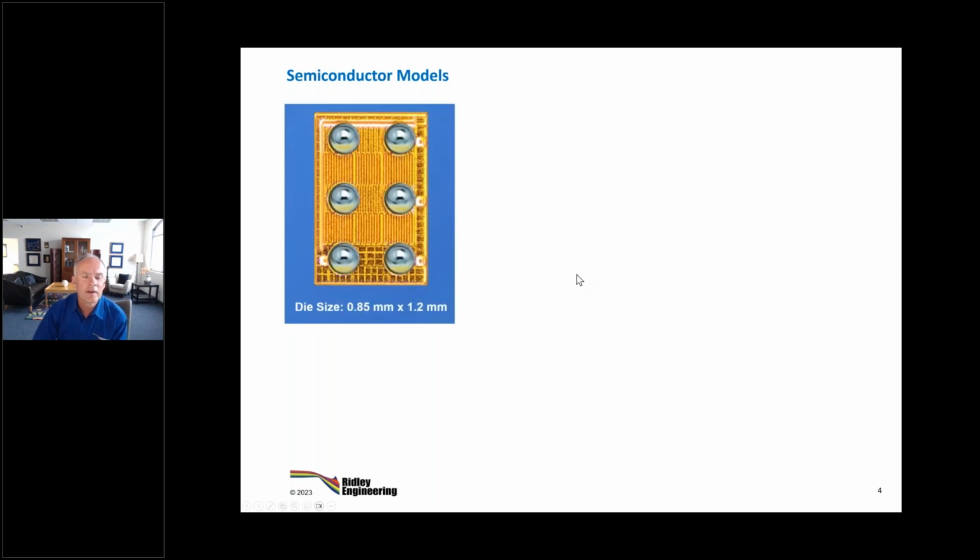So let's start here. Let's talk about semiconductor models. This is a part from EPC. This is a GaN part. Really, really tiny, 0.8 millimeters by 1 millimeter, so it's an extremely small part, but it's capable of very low on resistance in these tiny parts. And some of you I know are experimenting with these. The hardest part of the experiment is, of course, dealing with the very small package sizes and getting them into your circuits and soldering them correctly. But we're not going to talk about that.